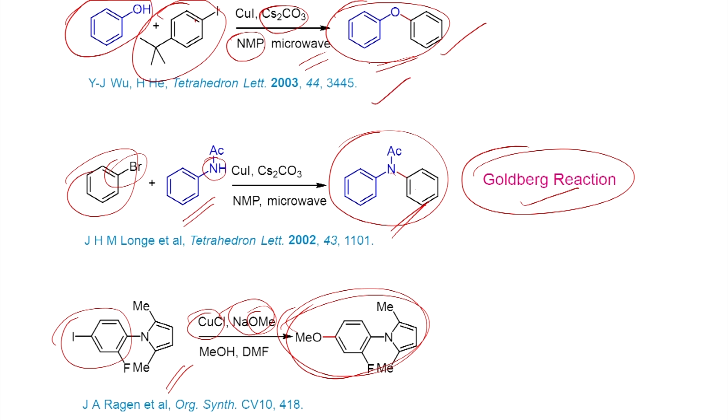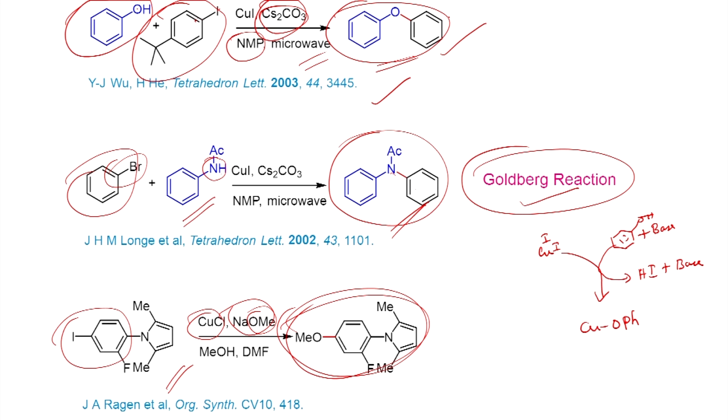The mechanism of this reaction can be understood. In this case you have the copper(I) iodide, let me write it like this. The copper(I) iodide first undergoes reaction with this. Since you carry out the reaction in the presence of base, the phenol can react with the base. You make the phenoxide, and at the same time you have the copper(I) iodide, and you generate this, so you will be able to have this now.